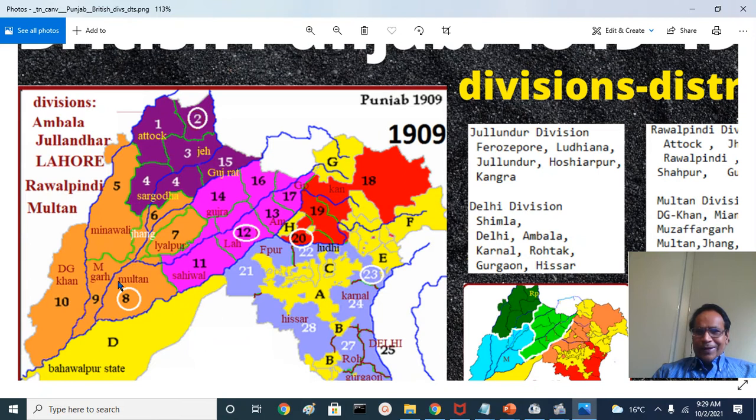Then we have the Multan division. Multan division is the southernmost and westernmost division, and it consists of Multan, that's a historic city, and this is the Sindhu river. West of the Sindhu or Indus river is the Dera Ghazi Khan district, and these are called Dera regions. Essentially, Ranjit Singh conquered them in the later part of the 1800s after conquering Multan, like Mianwali, Layyah, Bhakkar, and so on.